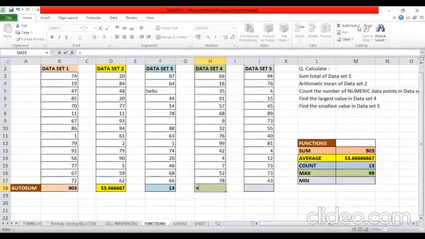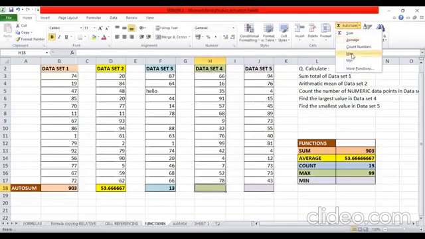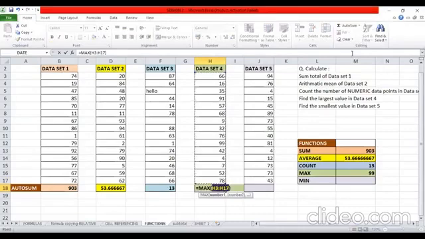This can be done again through the AutoSum drop down list also. Select max. It already inserts the range. Press enter, you get the result. Min, again equal to min, for the smallest value in the last data set.